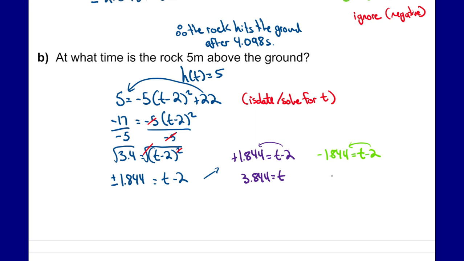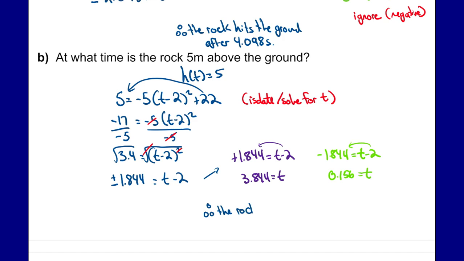and I end up with 0.156 equals t. So this means that none of these answers are negative, so these are both good. Right, so they're both usable, right? I'm not going to ignore any. So therefore,